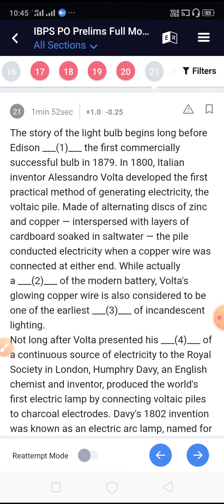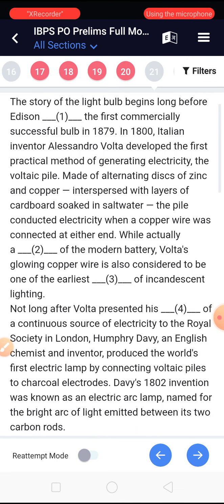The pile conducted electricity when the copper wire was connected at either end, while actually a dash of the modern battery. Voltage glowing copper wire is also considered to be one of the earliest days of incandescent